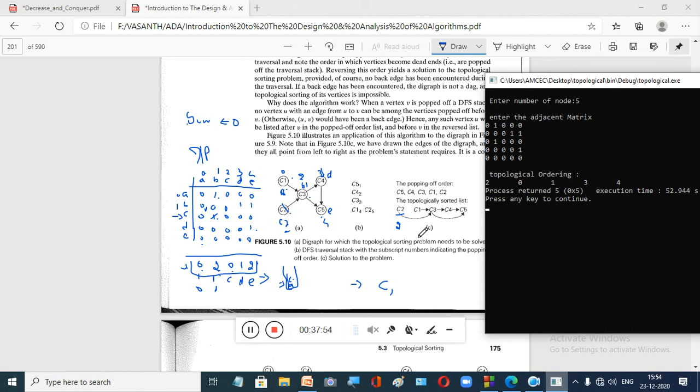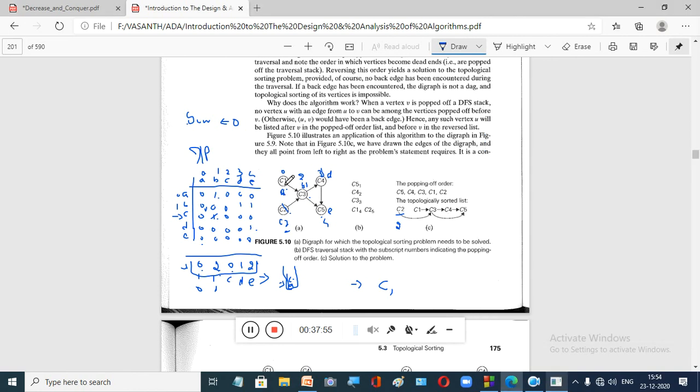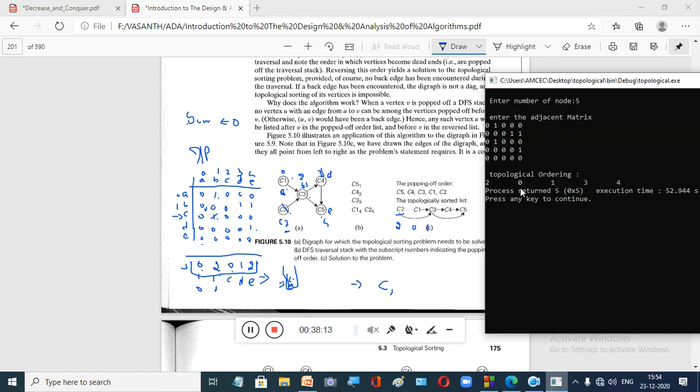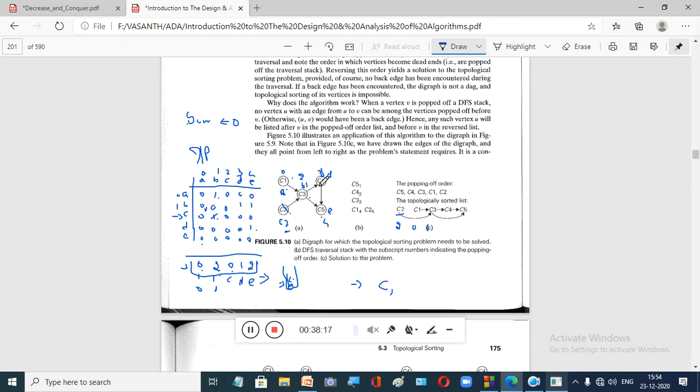Now you see what is the output? 2 is coming first. What is C1? This corresponds to 0. The next node in our topological ordering is 0. The next one is 1, right? See here, 2, 0, next is 1.